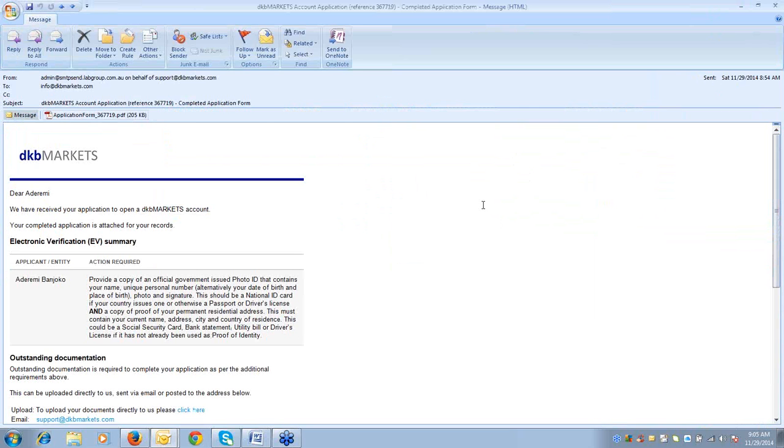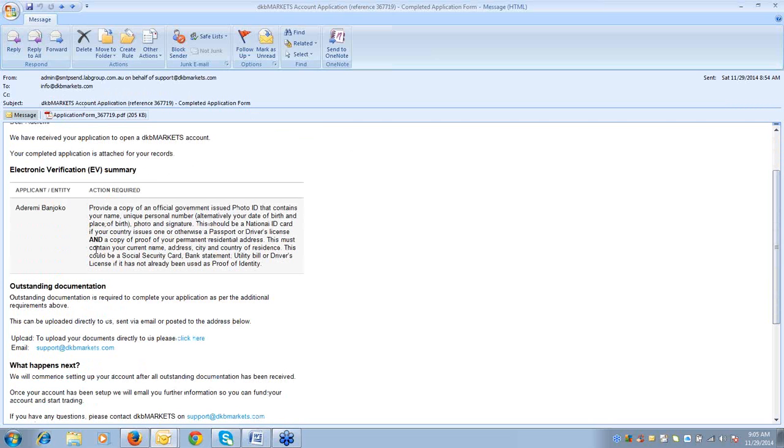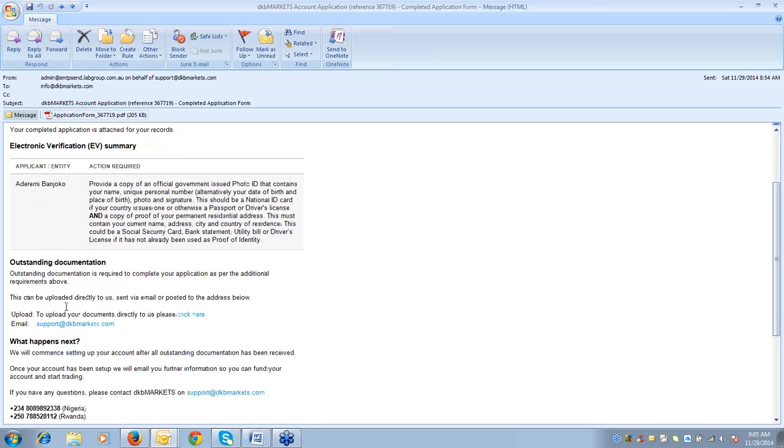There you go. So like I said, if you do not have your documents with you at the time you want to upload them, not to worry. You can then resume your application because you would have had an email sent to you like this saying we received your application. It says you have outstanding documents to submit, and it says here you can upload them directly to us by using this link. You can click on this link to upload them. It takes you to that page where you can upload them, or you can just email the documents to us at